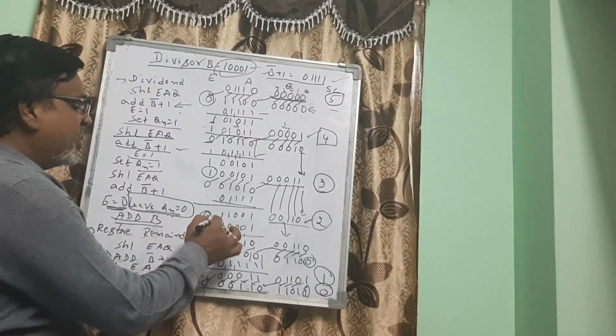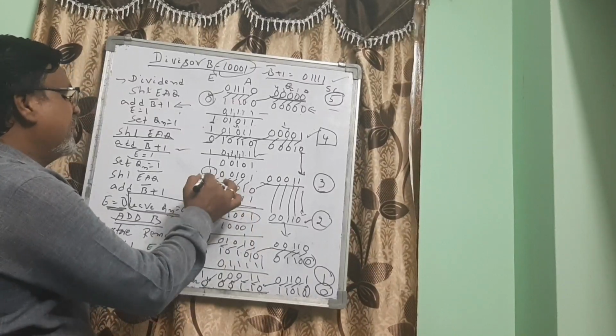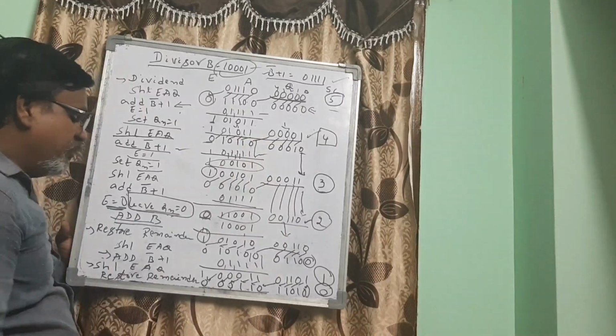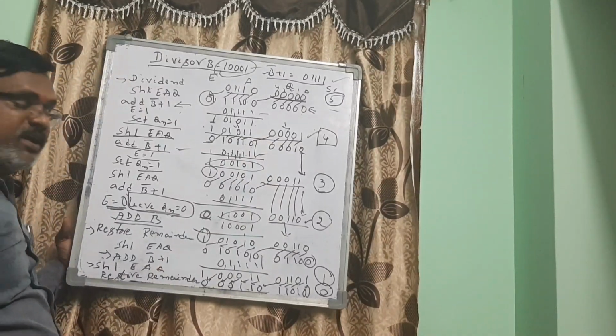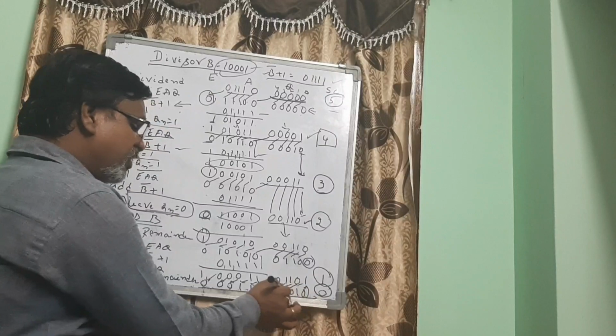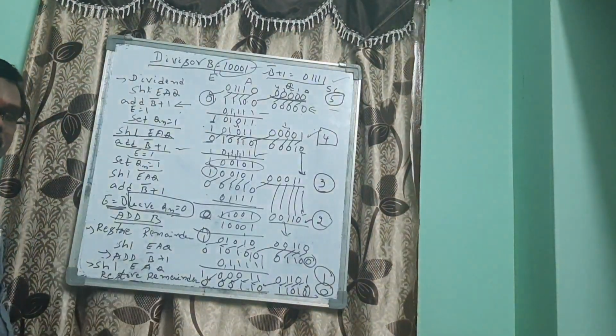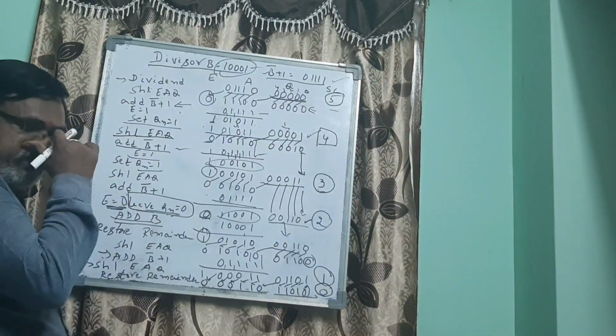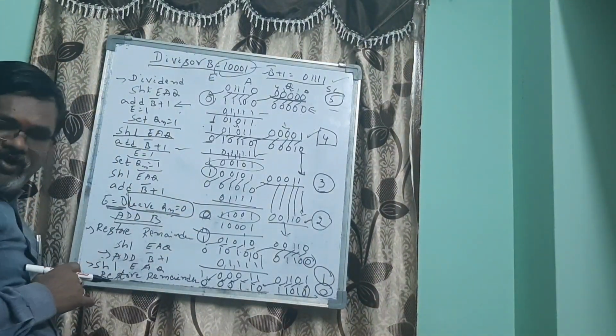So till now, what we got are called partial remainders. Whatever you are getting, you will get all these partial remainders. But this is called the final remainder, and this 1, 1, 0, 1, 0 is considered as your final quotient. So this is the example for the previous algorithm that we have done.